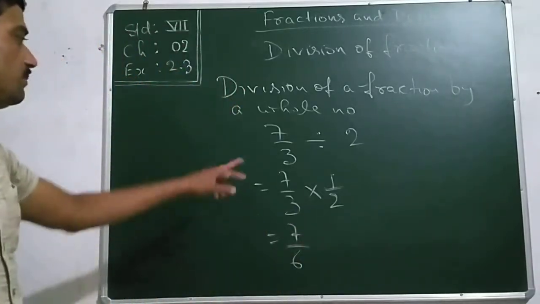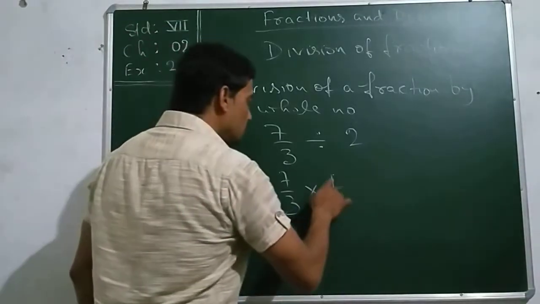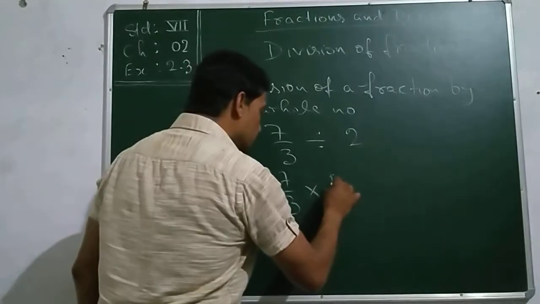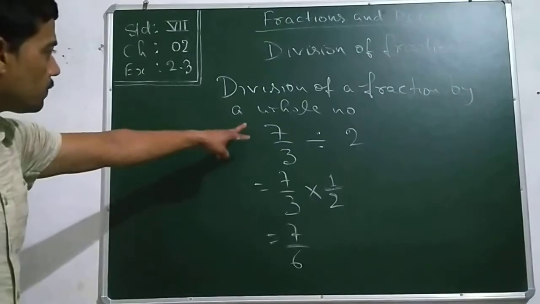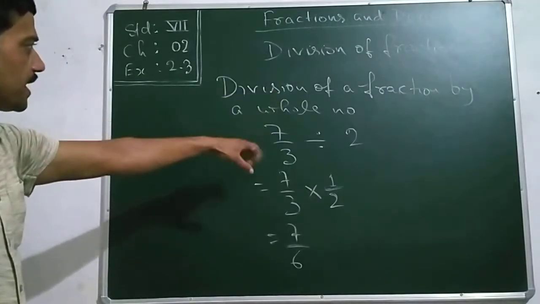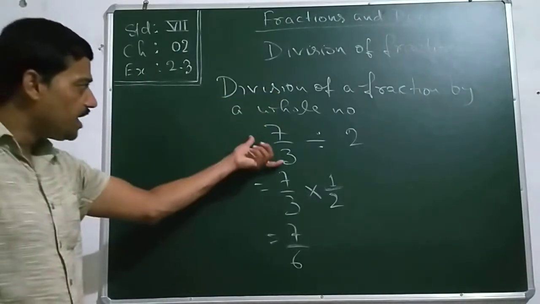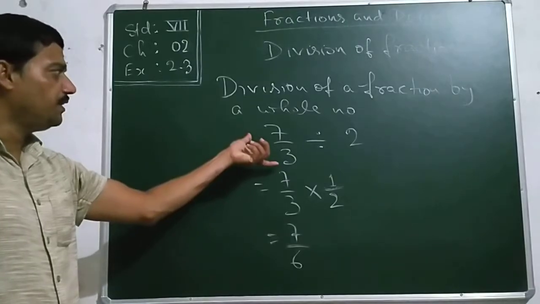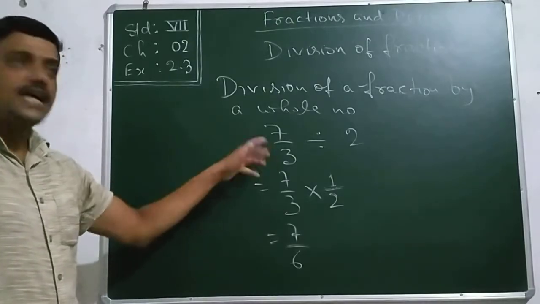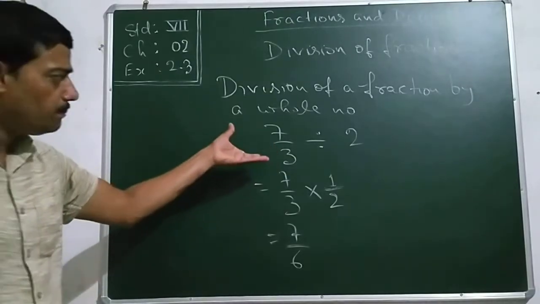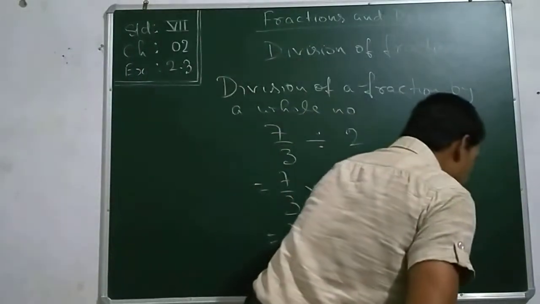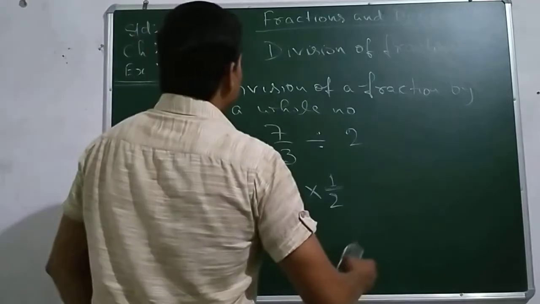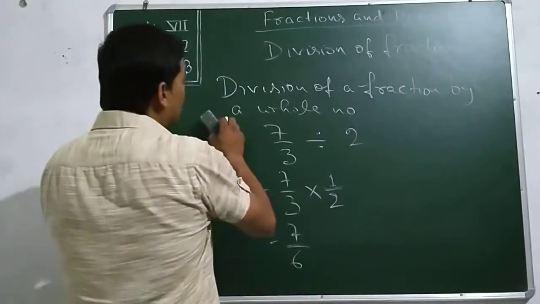In this way we will find out. Clarified. So that is division of fractions by a whole number. If you get any mixed number, mixed fraction here, that is to be converted into the improper fraction first. Thereafter we will go through the division of a fraction by a fraction.